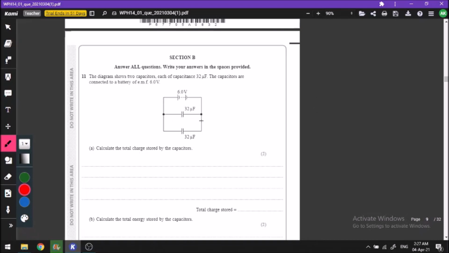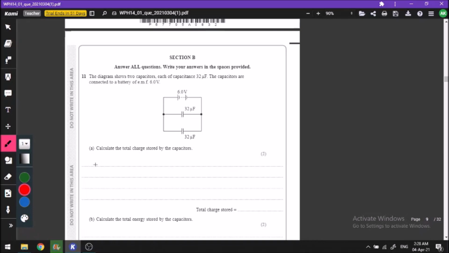The question number 11 shows that we have two capacitors in parallel. We have one capacitor here and the other here, and we have a 6-volt supply of power. You will understand what the figure shows by reading the question, so I'm just giving you a summary of what the question says. And the question asks us to find the total charge stored by the two capacitors, the total charge, right? And this is a very straightforward question, something easy to begin with.